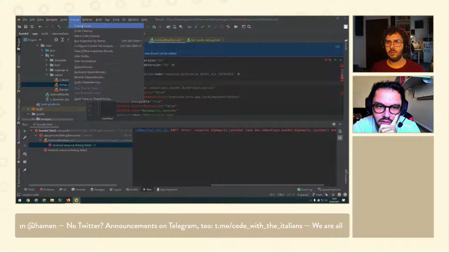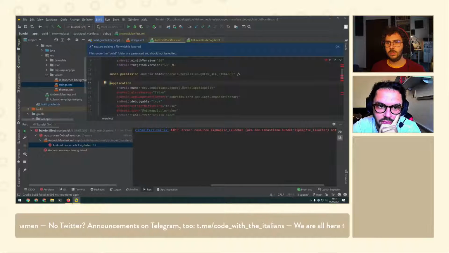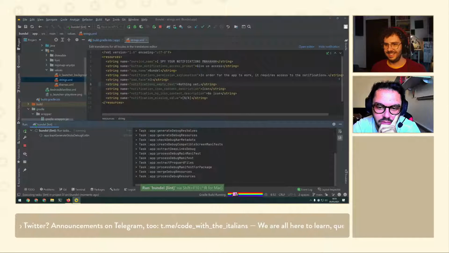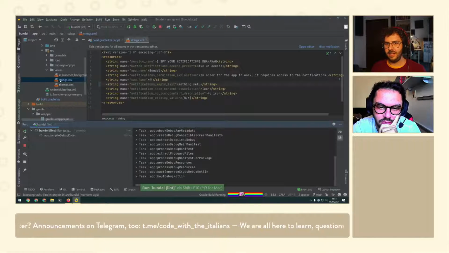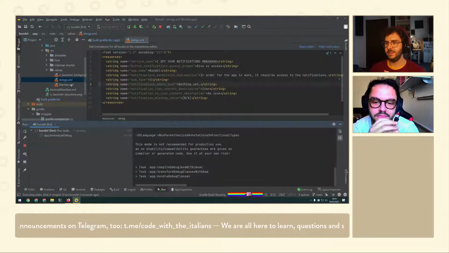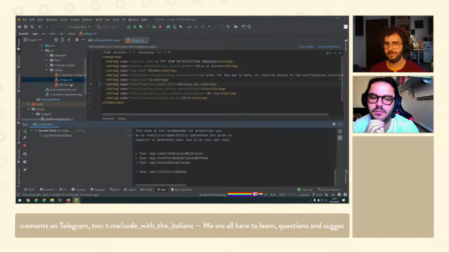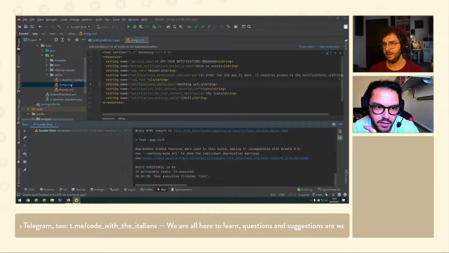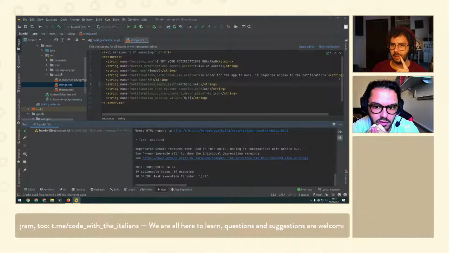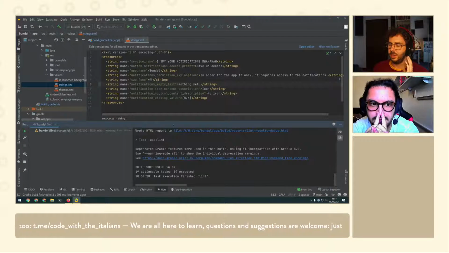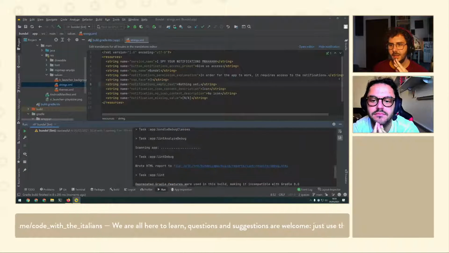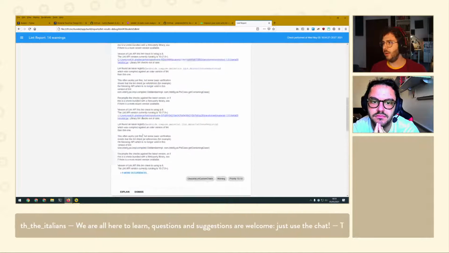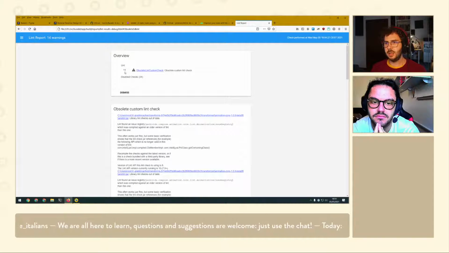Okay, allow me to do this and try again. Oh, yeah, because it got really confused somehow. It generated some resources and stuff from the mipmap-anydpi. Yeah, I changed this version. I don't know, whatever. Anyway, it doesn't matter. Okay, so now if we refresh our checks, yes, there are